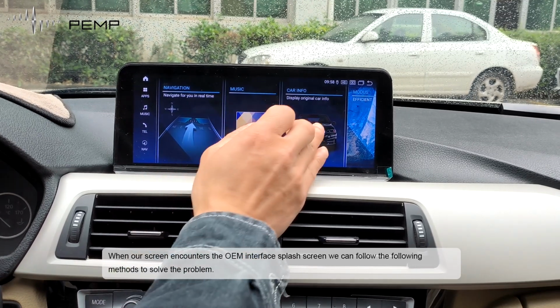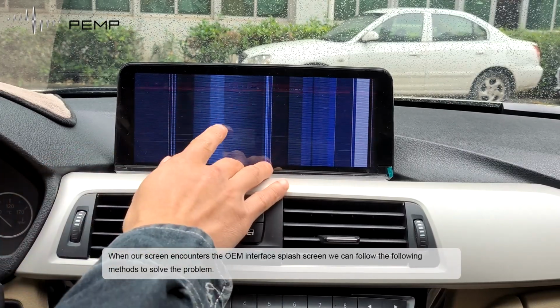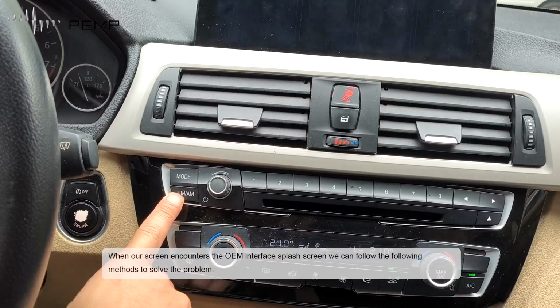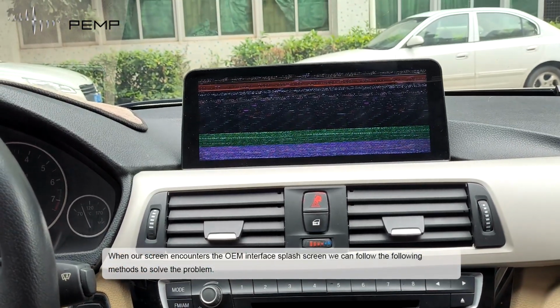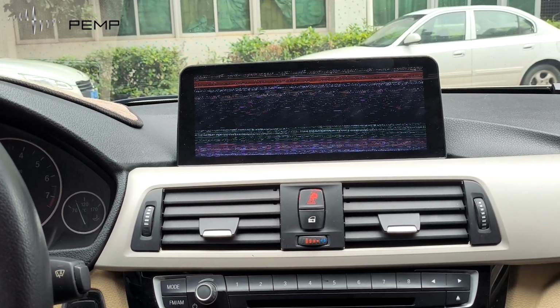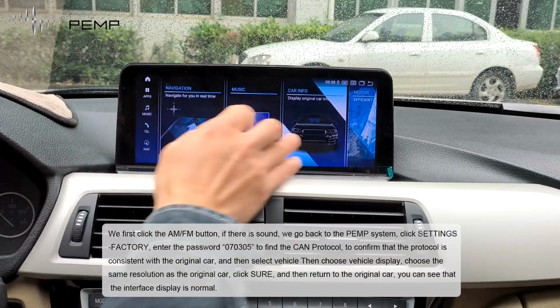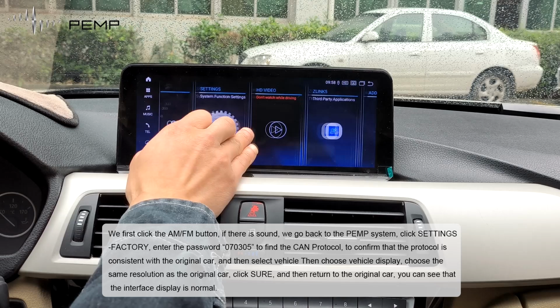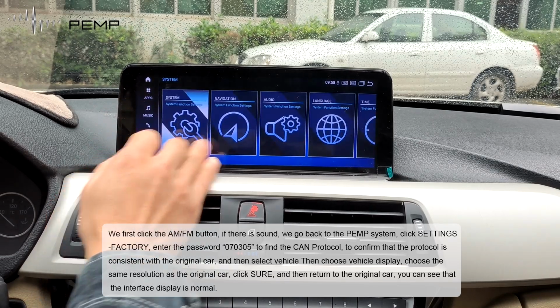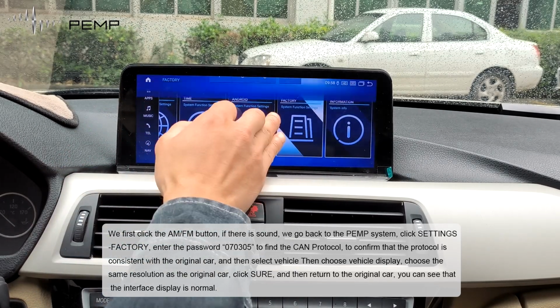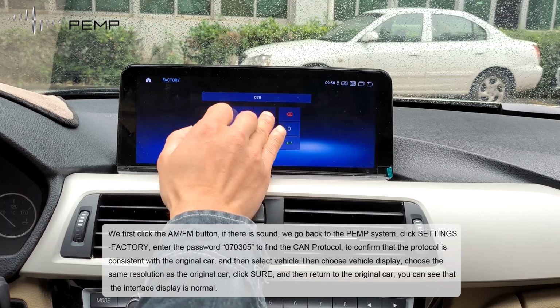When our screen encounters the OEM interface splash screen, we can follow the following methods to solve the problem. We first click the AM, FM button. If there is sound, we go back to the PEMP system, click Settings Factory, enter the password 070305 to find